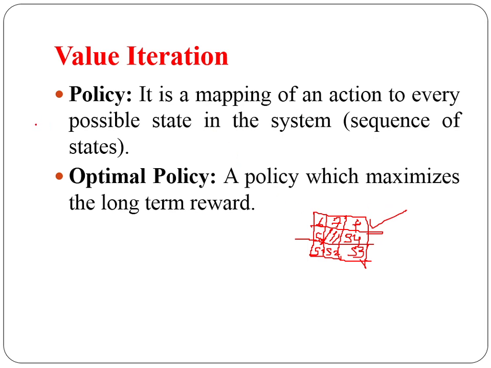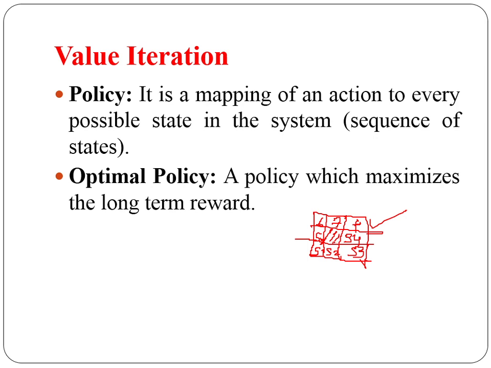Now what is the optimal policy? As we are learning reinforcement learning, every step, if I move from one state to another state, I get rewarded with a reward value. That reward can be a positive value, or negative, in the sense that a penalty will be there. So I have to maximize the long term reward in order to go from source to destination. Overall, what sort of steps are good for reaching the destination so that it will have the maximum reward value? That is called the optimal policy.